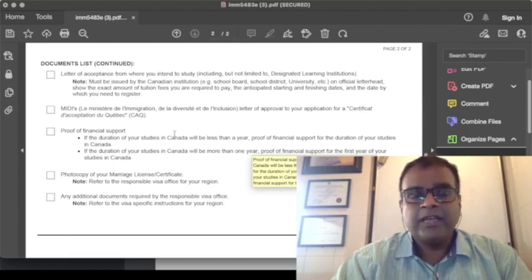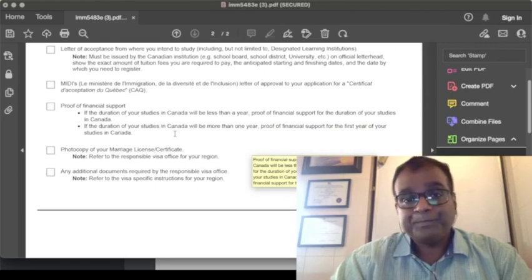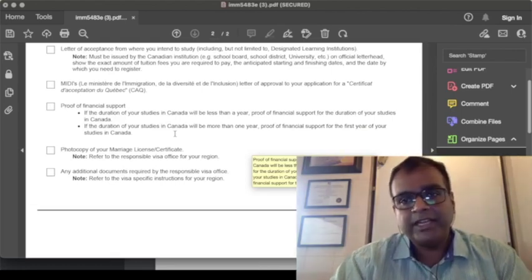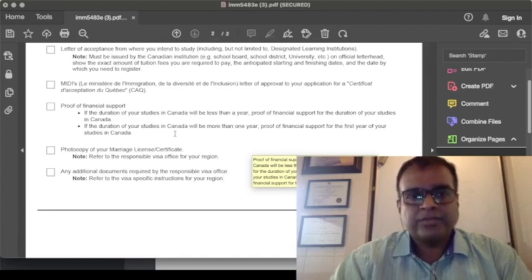That would be the most ideal way to do it. Proof of financial support, SDS, you may not need to show so much proof. I normally like to still let the officer know that there are enough funds. If it's a 2-year program, then I still like to let the officer know that there's sufficient funds for the